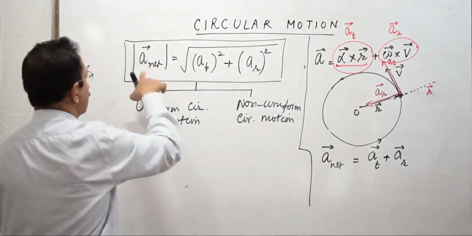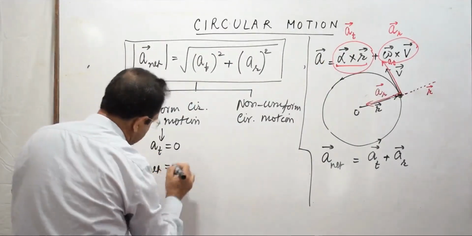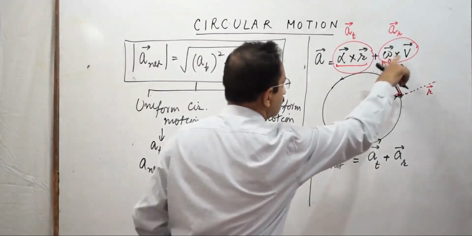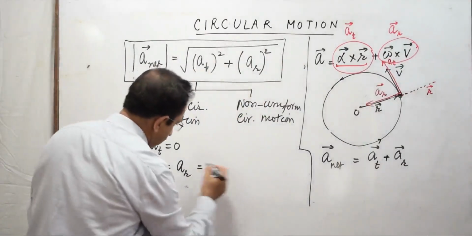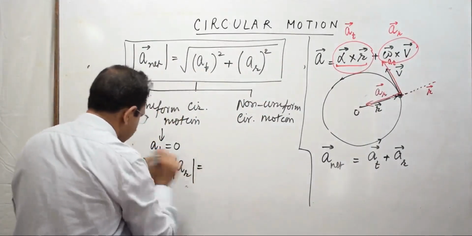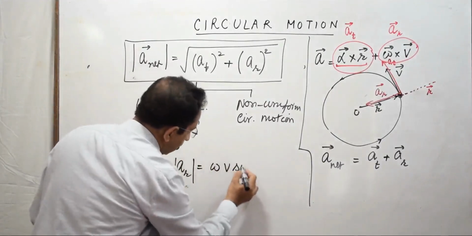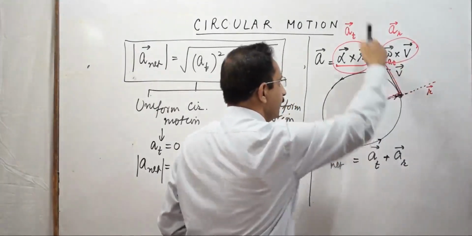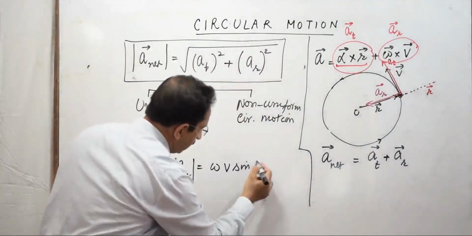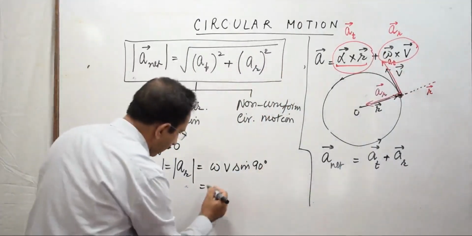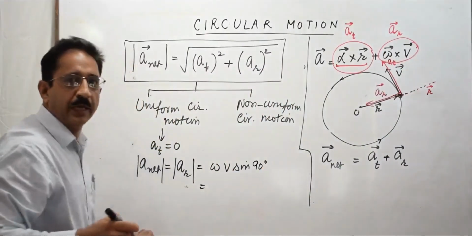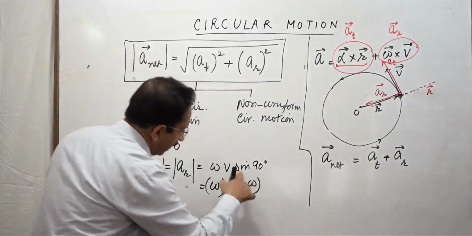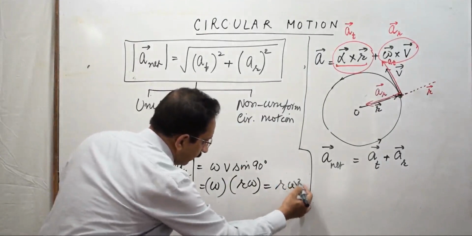Once tangential acceleration is equal to zero, the net acceleration of the body becomes equal to the radial acceleration. And what is radial acceleration? It is omega cross v. That means this radial acceleration will have a magnitude of omega v sin of the angle. अब देखिए ओमेगा और v के बीच में, मैंने कहा ओमेगा इस प्लेन पर परपेंडिकुलर है, v है along the tangent, the angle between them is 90 degrees, sin 90 degrees is 1. और हम ऑलरेडी प्रूव कर चुके हैं कि जो v है it is equal to r omega, so this becomes omega multiplied by r omega sin 90 degrees, which is 1, so it is r omega square.